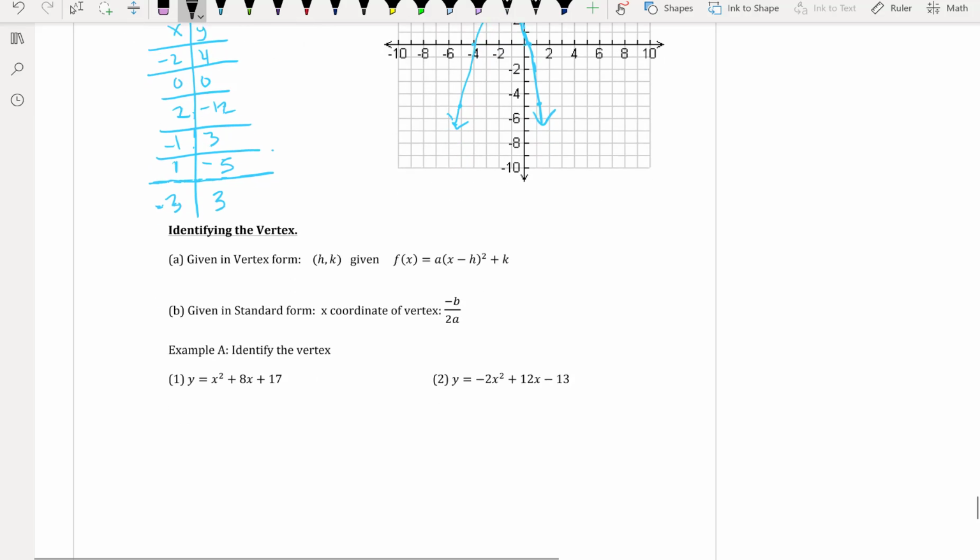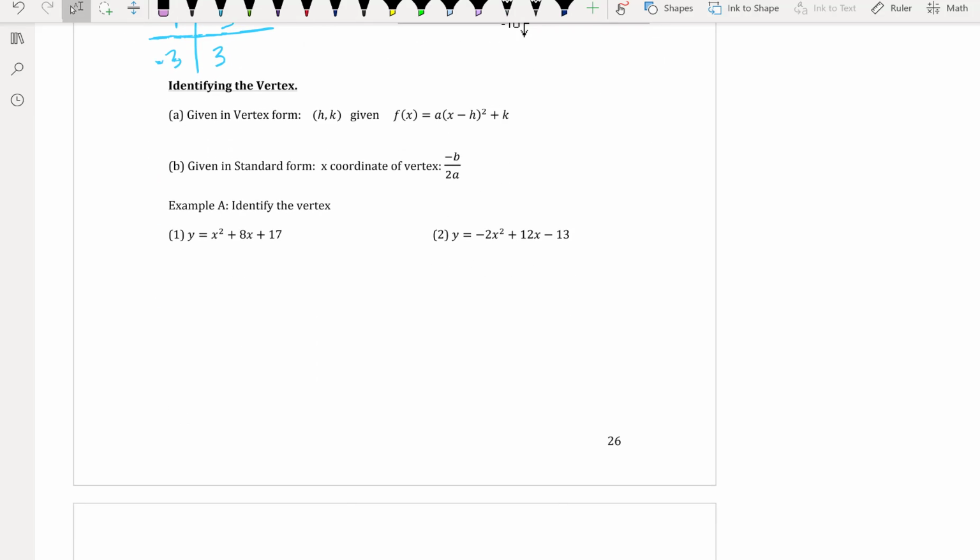Okay, so now for the next part. We're going to be identifying the vertex given different forms. So we know that we were given the vertex form, that h and k. Now, if we were given the standard form, we can find the x-coordinate of the vertex using a formula. That formula is negative b over 2a. So here we want to identify the vertex. Notice how it's not given to us in vertex form. Instead, it's given to us in standard form, and we still want to find the vertex. So we are going to have to do some algebra. We are going to find the ordered pair. So the x-coordinate